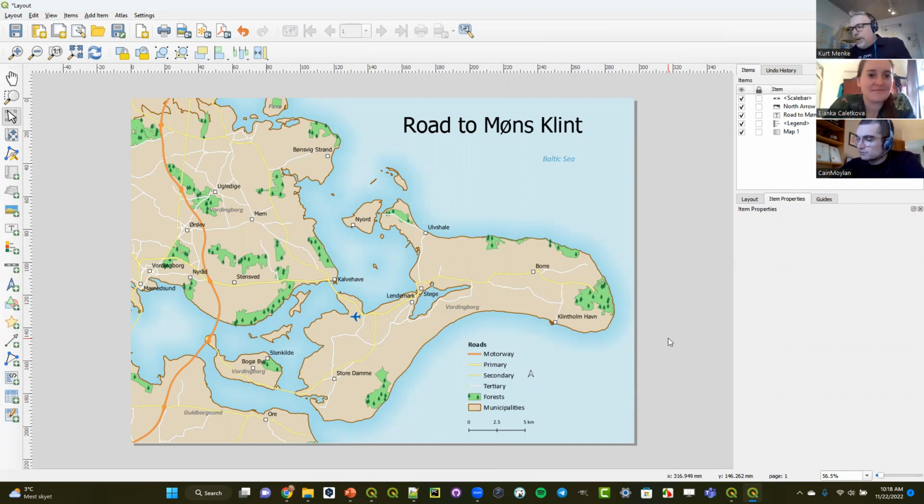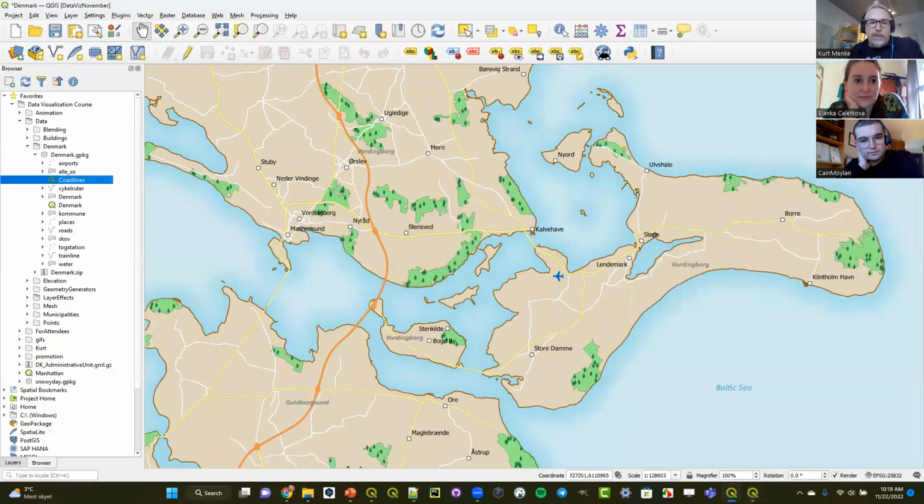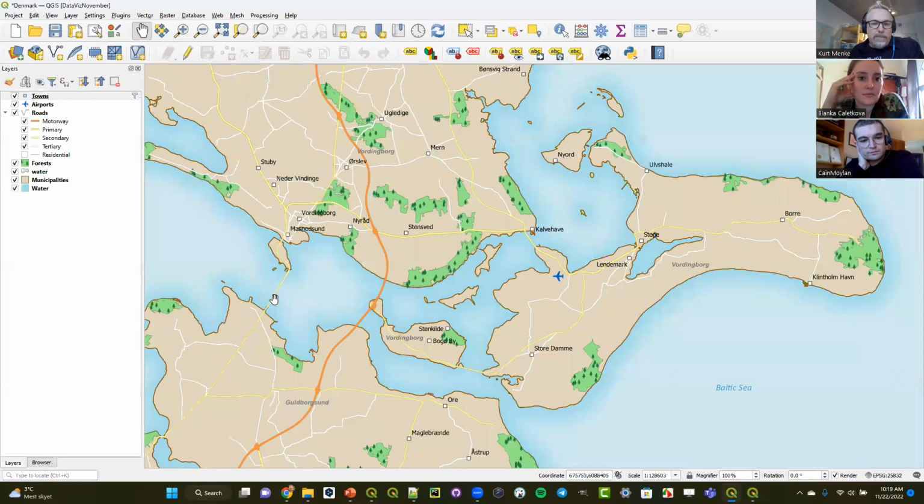So the other thing we can do in a print composition is, we have just the default legend patch shapes here, just a straight line for line features, rectangles for polygons, and then if we had a point layer, it would just be a simple point. But it's now possible to have custom legend patches in QGIS. So if I minimize the print composition and go back to my main map canvas,